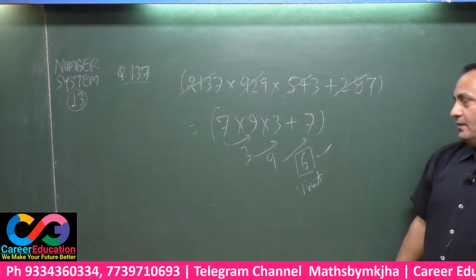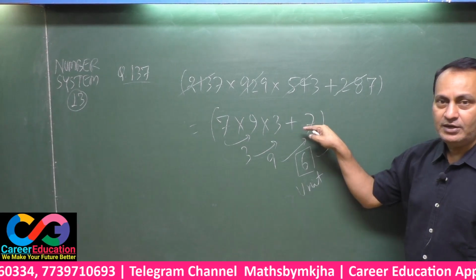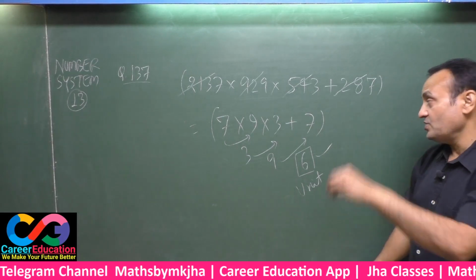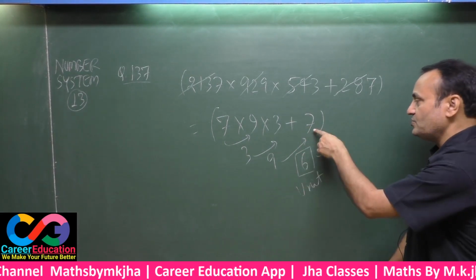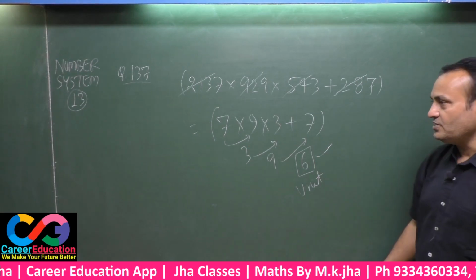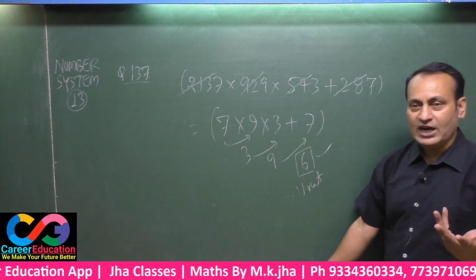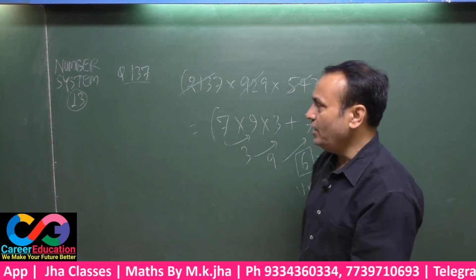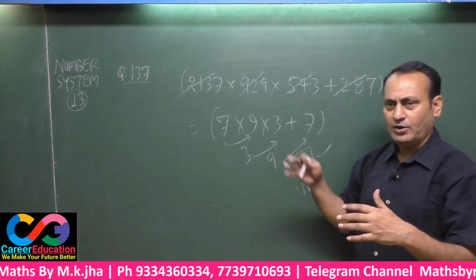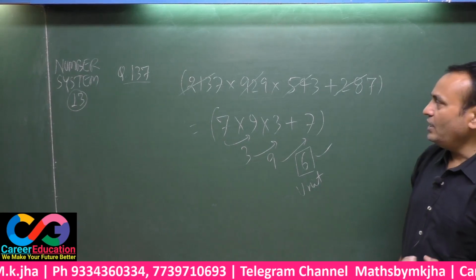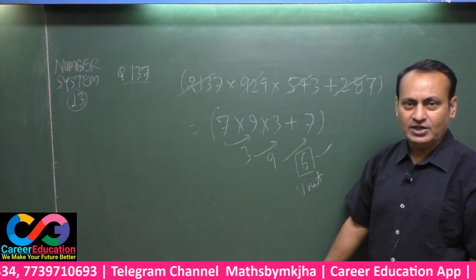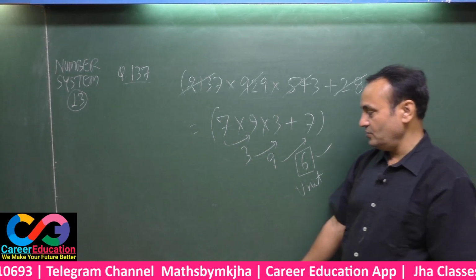Note down. Had it been a multiplication sign here, the answer would have been 9 into 7, 63, that means 3. But since this is a plus sign, 9 plus 7 equals 16 and the unit of 16 is 6. That's why your unit place is 6 only. In such questions you have to pick up the unit digits from everywhere, then multiply or add according to the sign, and finally you get the last unit digit. Here the number is 16 and the unit is 6. Note down.